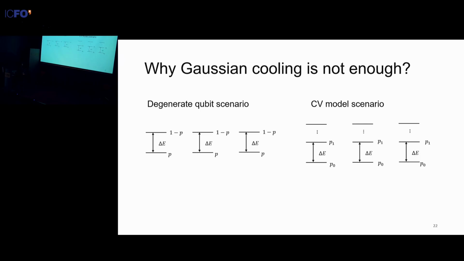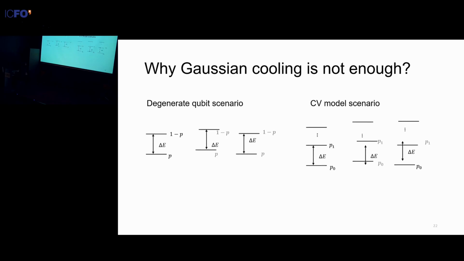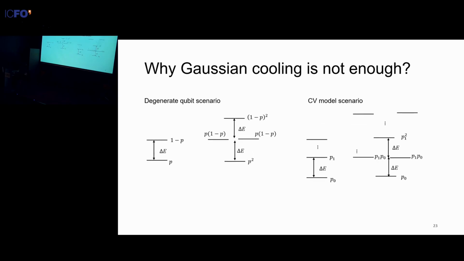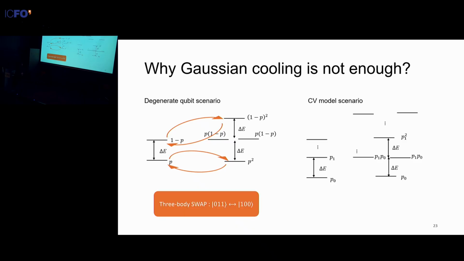Okay. Yeah, if you don't understand the previous slide, that's fine. I want you to take home the message of why Gaussian cooling is not enough. Now I'm comparing the case where you have the degenerate qubit scenario and degenerate CV states. You can take one state as your system and then two states as the machine. A nice way of looking at this would be to combine the machine together. And if you're coming from a qubit cooling background, you can immediately know that you could do cooling by three-body swap,